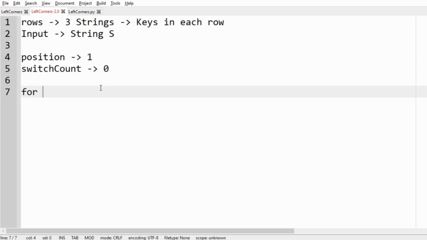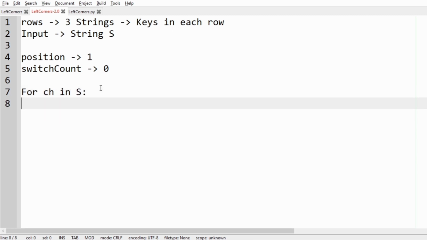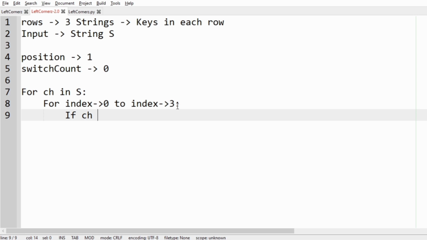For character in S, now for finding in which index it is present, we are using another for loop. So for index equal to 0 to 3, because 3 is exclusive, there are 3 rows, so their indexes are 0, 1, 2, so 3 is exclusive here. So let's parse our condition. If character is present in rows of index, means